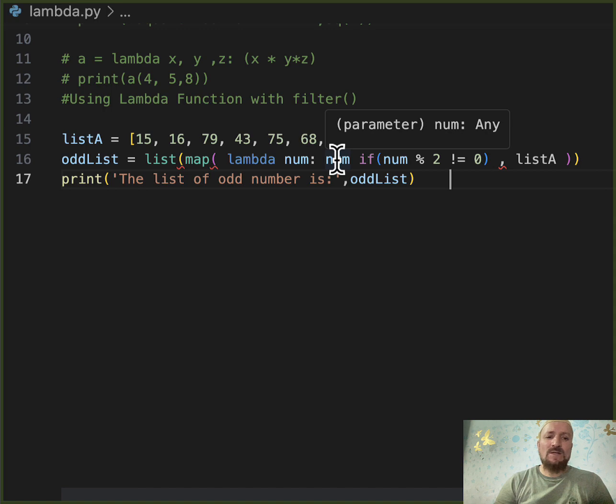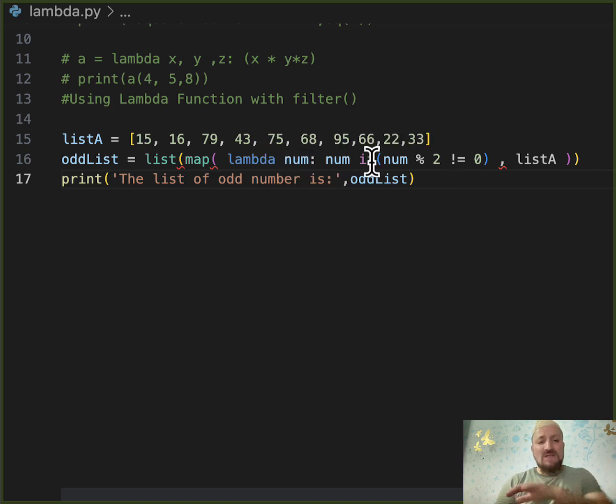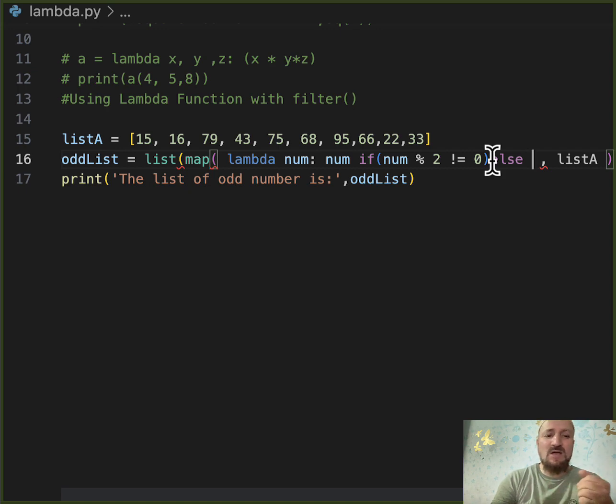रिटर्न करना, ठीक है, क्योंकि मैं नहीं चाहता कि जो यहाँ पे ट्रू फॉल्स आए वो रिटर्न हो, बल्कि नम रिटर्न हो। जो नम है पहली बार 15 नम में गया है, so 15 should be returned, right, and then I have to use the else here. और else के बाद अब else में यहाँ पे एक इशू है कि मैं else में क्या करूँ, मैं else में ज़ीरो ही करूँगा प्रिंट, because I don't have anything to print in